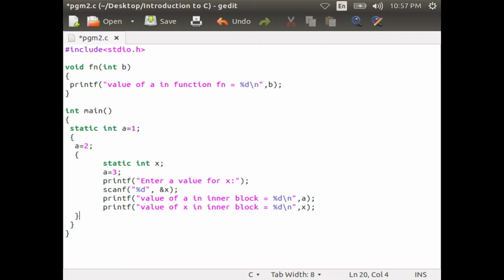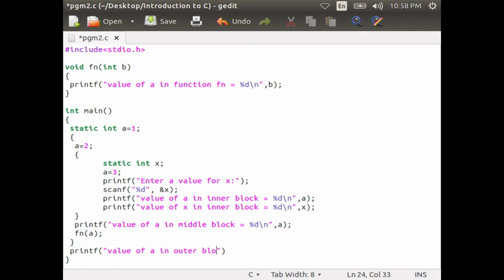Then within the next line printf value of a in middle block equal to %d comma a. Then you call the function fn with parameter a, then close the curly brace. Printf value of a in outer block equal to %d comma a, then return 0 and close the curly brace.